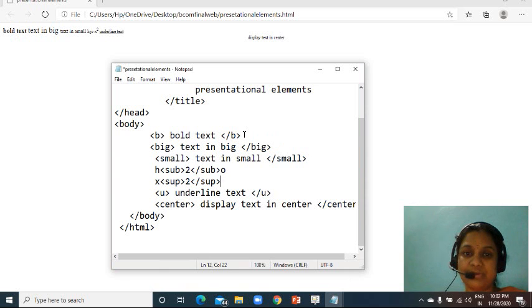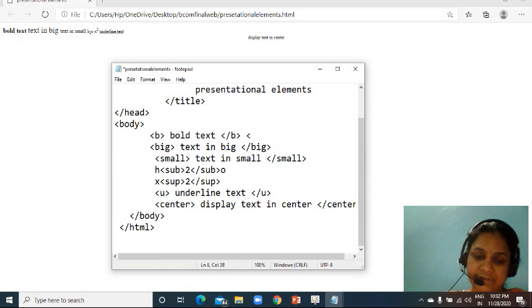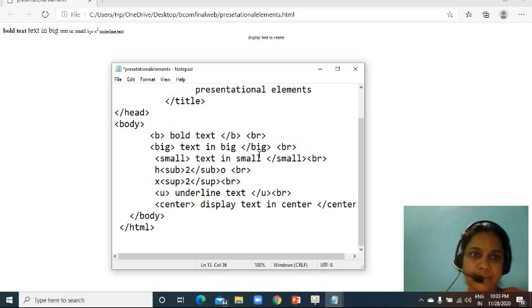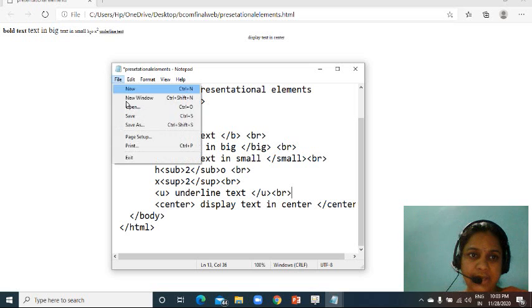That's why you have to use break here, BR, BR, BR, BR, BR. I am making the file, save.